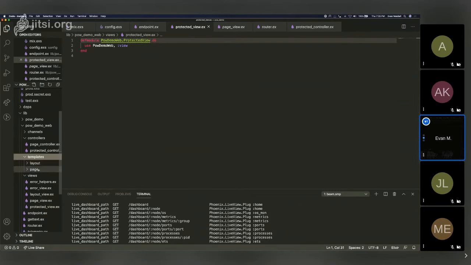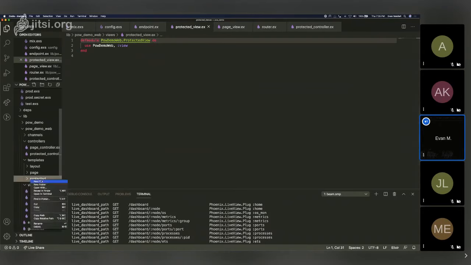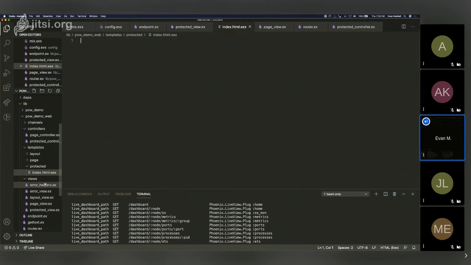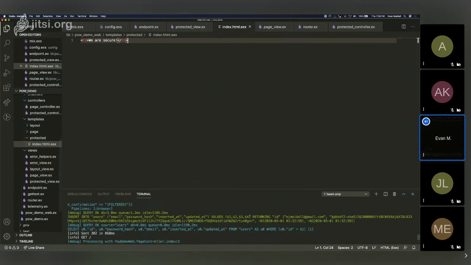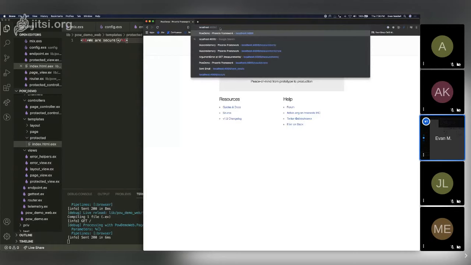And then for the final, in here, we'll go ahead and just do an H1 and say, we are secure. So now, if I did everything right, which I really hope I did,